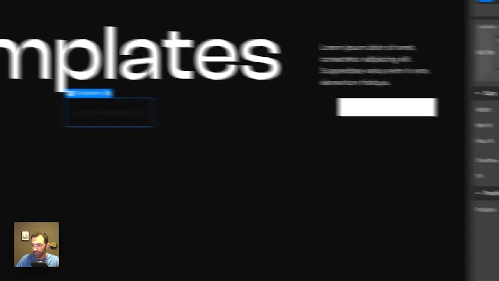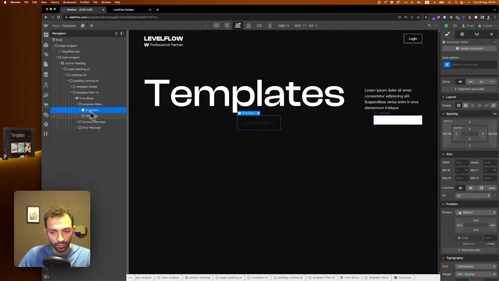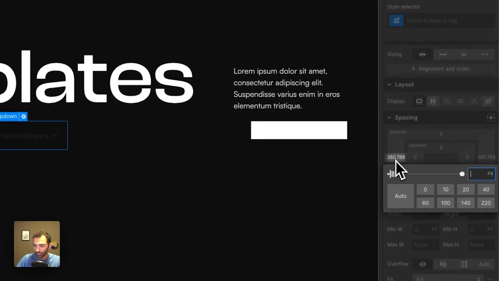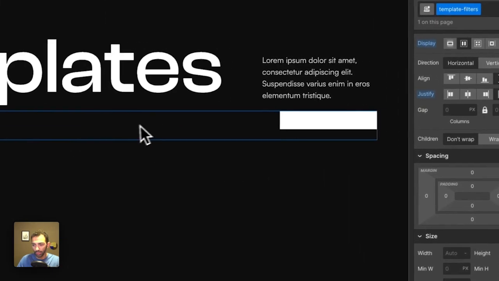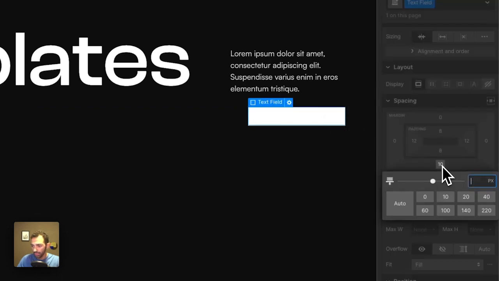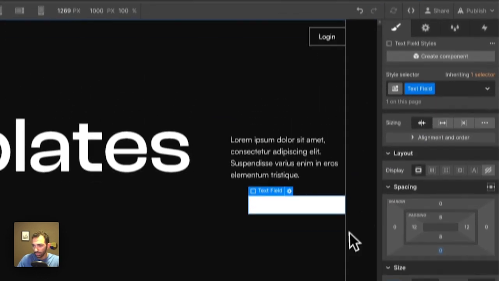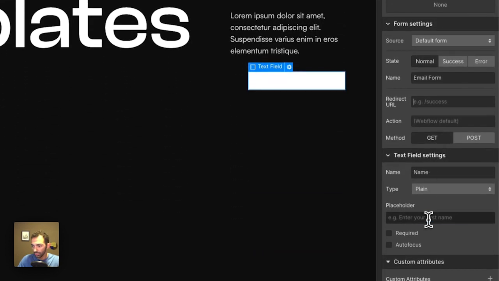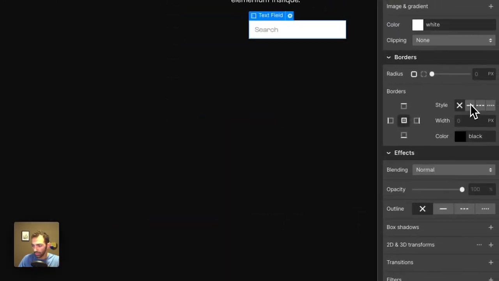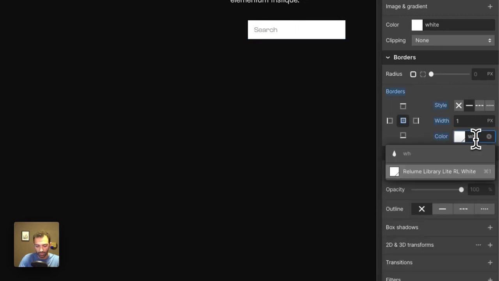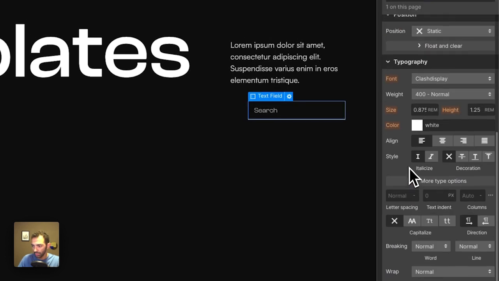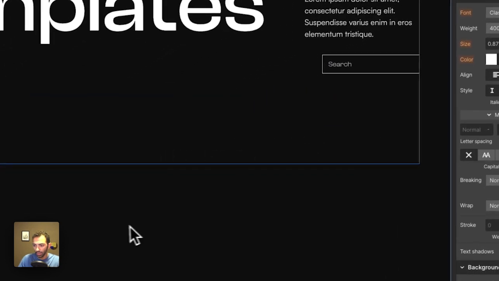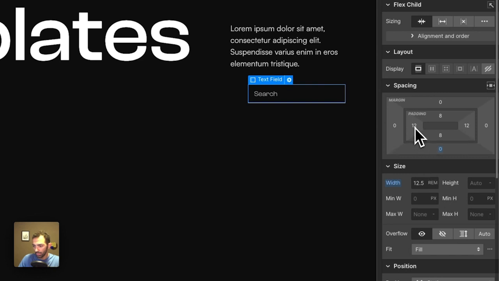So this is the troubleshooting stuff that we go through. So you see here in dropdown, it's having this margin for some reason, which I don't want. So I'm going to delete it, make it 0, 0, and then this will be space between, and we'll center it, and we'll remove this margin here because there's a margin, and this will say search as the placeholder, and we'll style it a little bit so it will have a white border, and then the background will be transparent, the text will be white, and yeah, maybe we'll give it more padding,